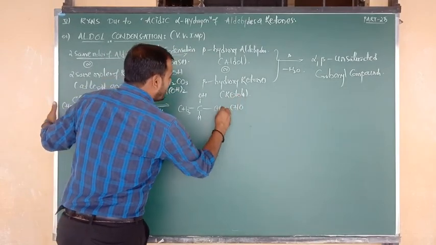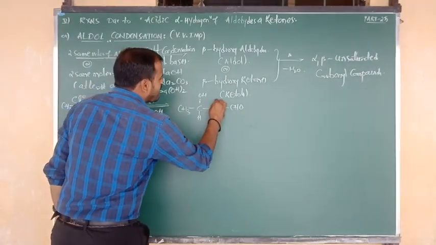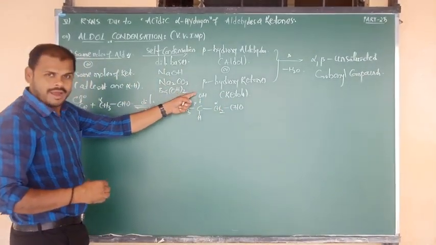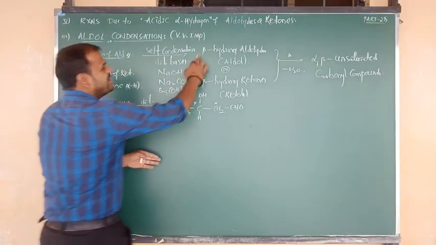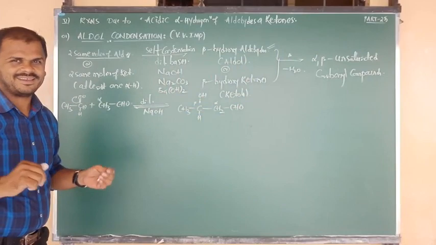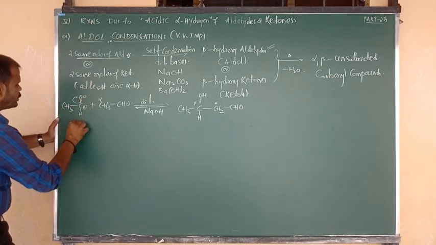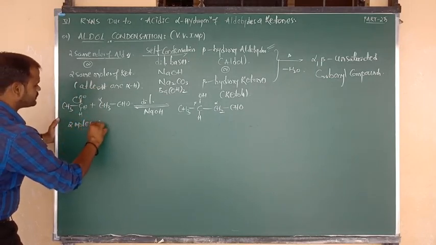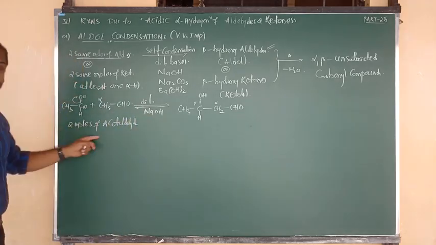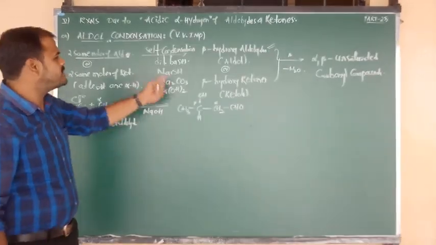So now listen carefully how to write the name of this product. Listen. CHO adjacent carbon is alpha. Alpha adjacent is nothing but beta. Beta hydroxy. CHO means aldehyde. Beta hydroxy aldehyde. It is also known as aldol. Okay na, beta. So listen carefully. How many moles of acetaldehyde have we taken? 2 moles of acetaldehyde. 2 moles of acetaldehyde in presence of dilute NaOH undergo self-condensation and form an aldol product.